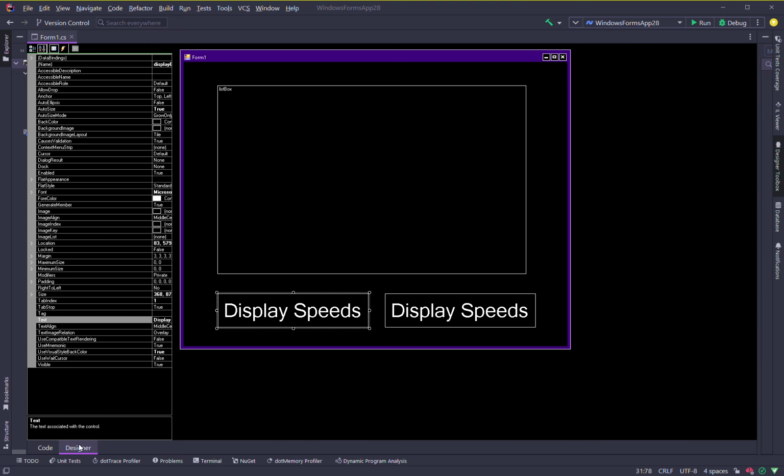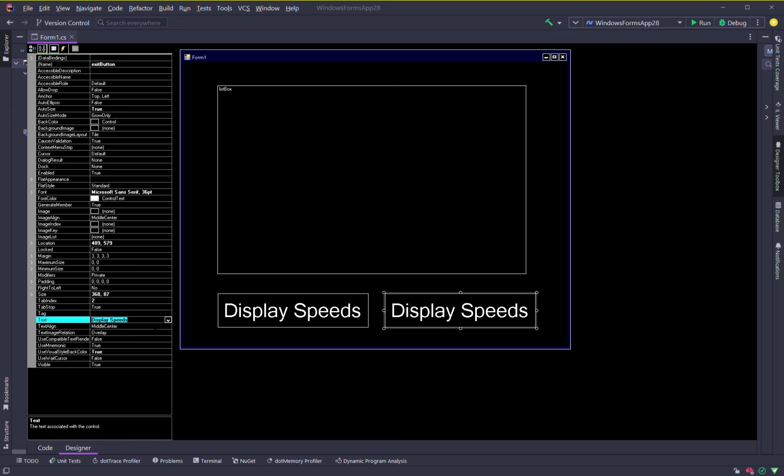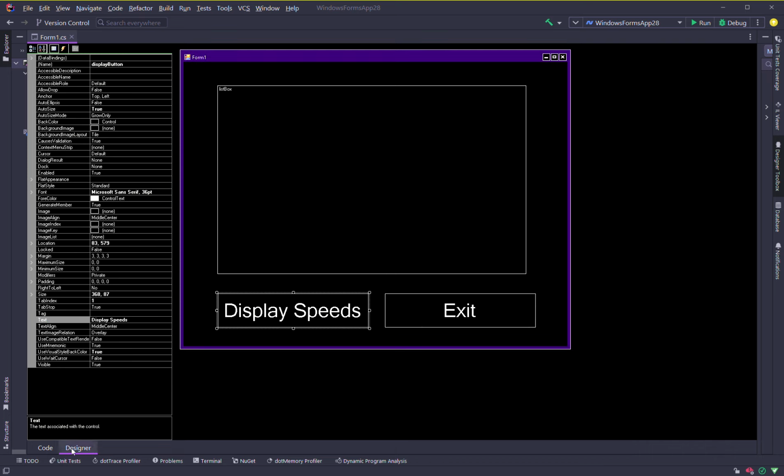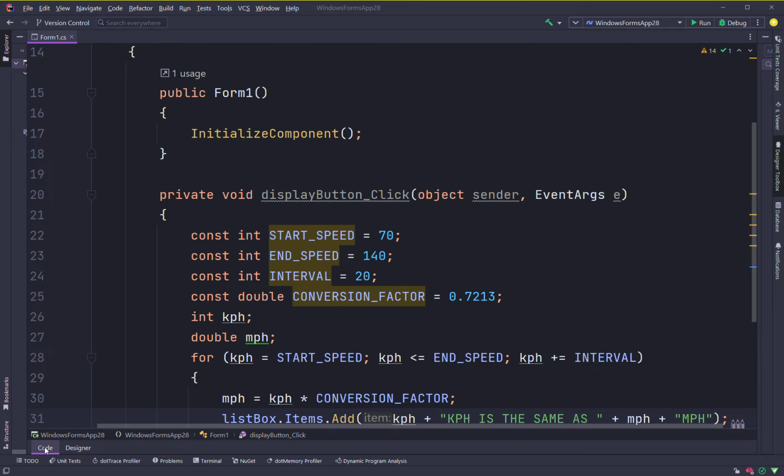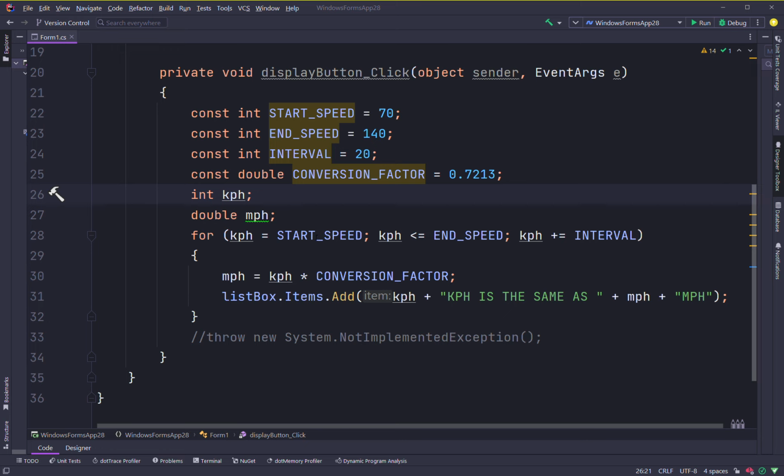So when this display speeds button is clicked, it's going to initialize these variables. It's going to have this for loop, starting at a value, going while less than a value and incrementing by a value. Then it's going to say mph points to this, which is a formula calculation. Then the list box is going to add